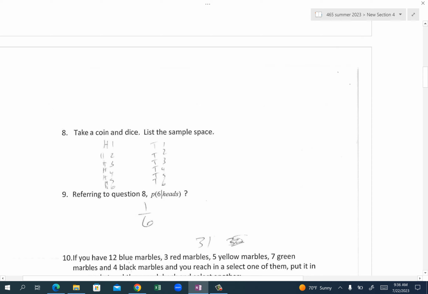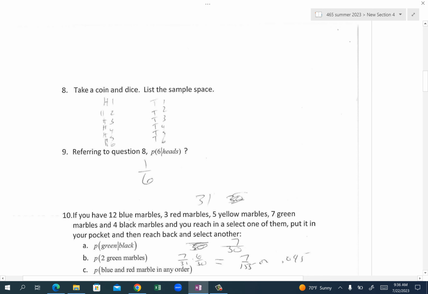Sample space. I may ask you to come up with a sample space for some small thing. In this case, heads or tails on a coin and a die are pretty straightforward because there are only 12 outcomes. I would never make you do that for more than, let's say, 12 or 16 outcomes, because that's just weird. I would never ask you to list out how many different combinations of dinner there are. Hey, there's 20,000 combinations for dinner. Write them all out. That's ridiculous.